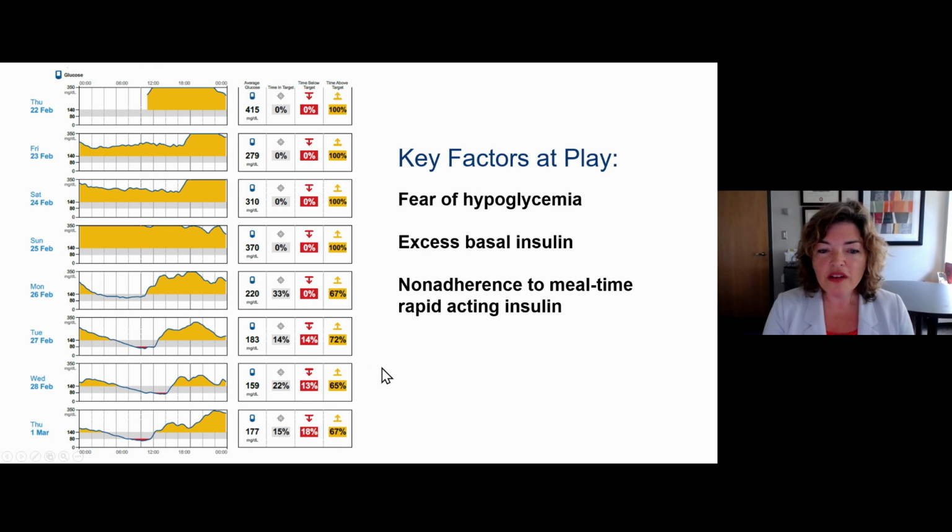When we looked at the day by day, we put together the story. It's sort of like a CSI episode. We found that she actually would go days without taking her insulin. You see this, this is all representing hyperglycemia. This is Thursday, Friday, Saturday, Sunday. Her